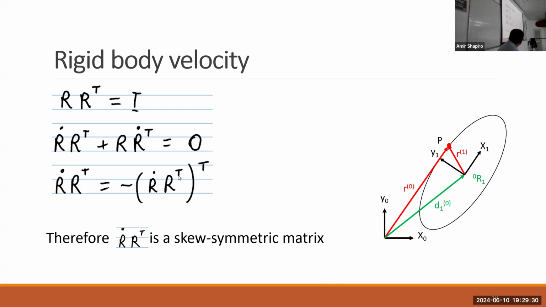Because if the transpose equals minus the original matrix, then items on the diagonal won't change in transpose, and the only number that equals minus itself is 0. So it has zeros on the diagonal,